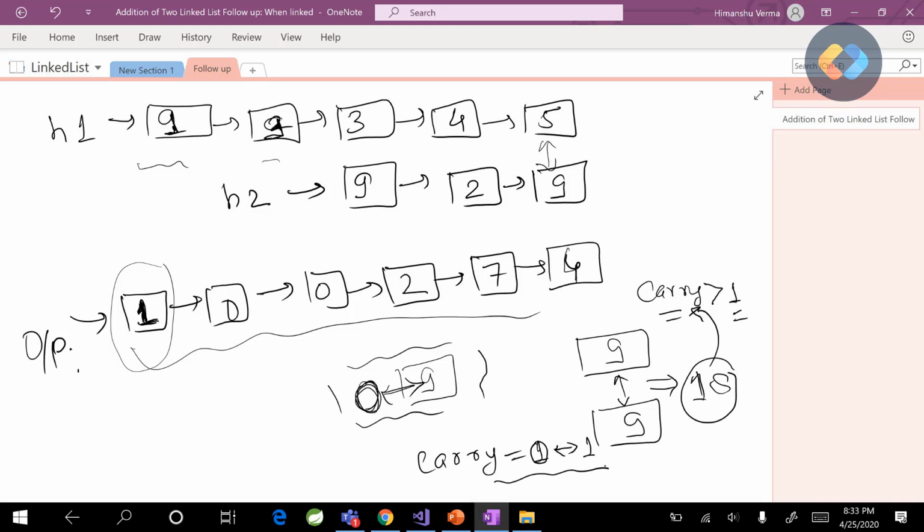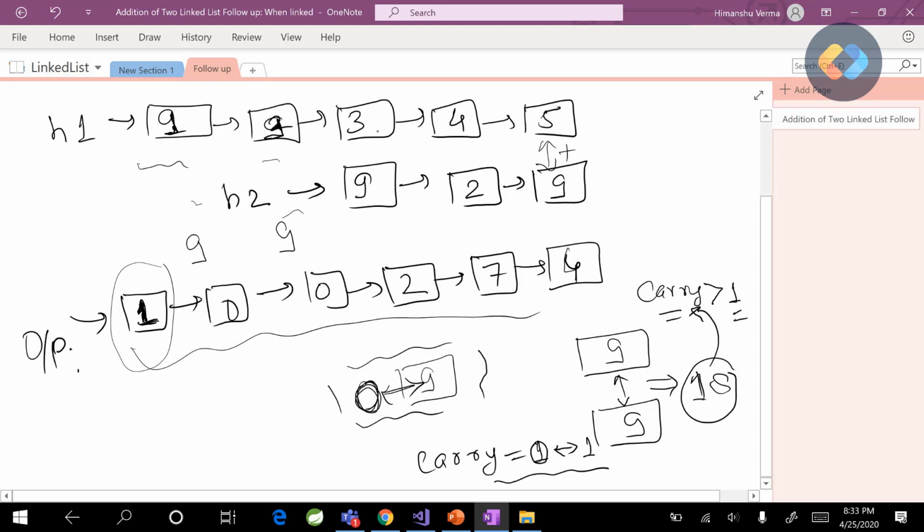This is the first thing we can deduce from the problem statement. Now, what was the problem we were facing when we do the addition? Traditionally we do the addition from the least significant digit. What is the problem we face when we do the addition from the most significant digit? The problem is with the carry. Suppose we are adding these numbers. Initially there is no node here, so it will be pretty simple, like 9, 9.